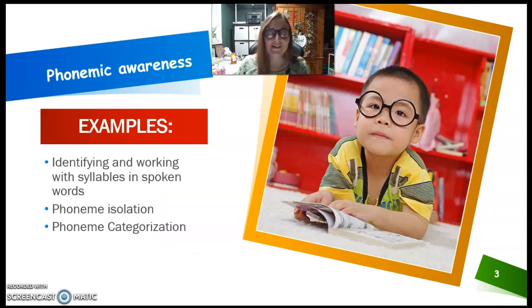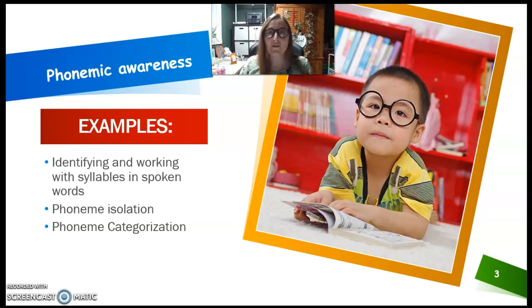Phonemic awareness is understanding and using sounds to make words and syllables. Some examples that I've listed here are identifying and working with syllables in spoken words. With that, you can tap, clap, or put your hand under each syllable. So if you're saying houseboat, you can say house boat, or you can tap house boat, or you can